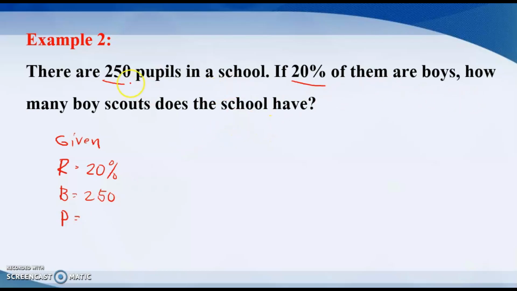Kasi ang hinahanap natin is how many Boy Scouts. So, yung Boy Scouts na yun is part yun ng 250. Kasi sa 250 pupils, meron dyan babae, may lalaki. So, lahat ng lalaki dyan, Boy Scouts, syempre. Okay? So, hahanapin natin yung